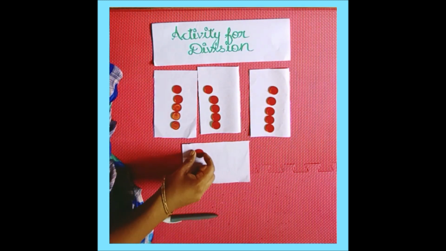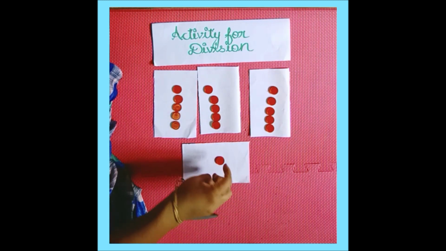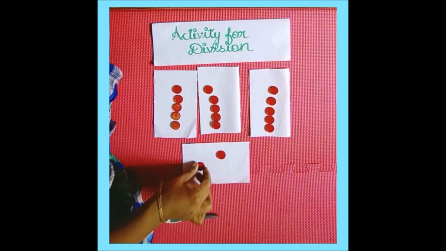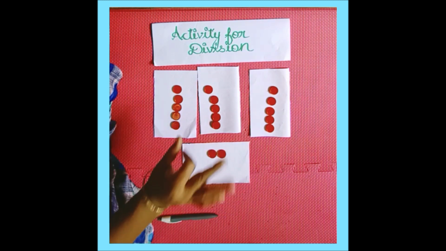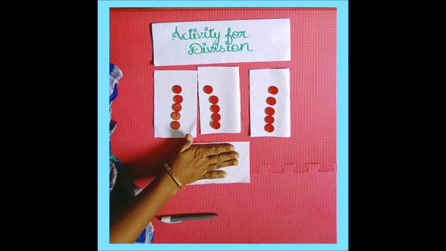So at last, when we go for 3 coins, we have only 2 coins. So you have to stop up to this. Okay. So we don't have 3 coins. We have to take 3 coins at once, but here we have 2 coins only. So you have to stop this process.